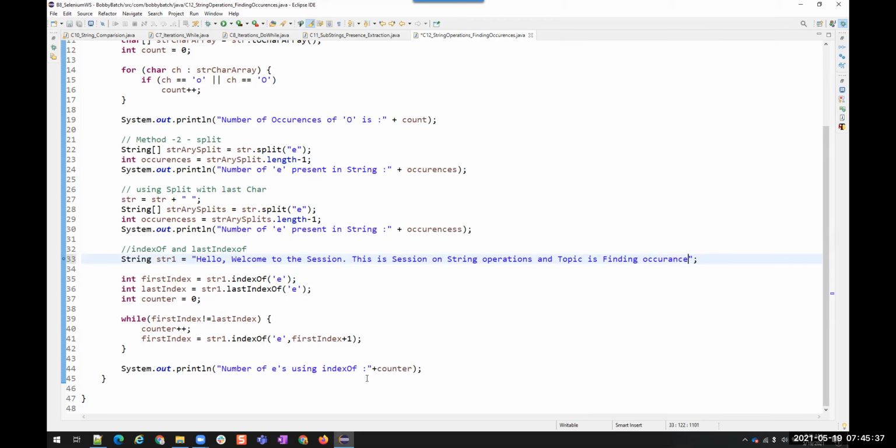This is another logic, so counter. Okay, so this is the problem we have using the first index and last index logic. If it is at the last position, then we are going to get this problem. We will not be able to add this count. Okay, there is another logic also for this. I don't want to use the last indexOf. I can use the first indexOf, change the position from the next place and then add the count. That's all. That is another logic.